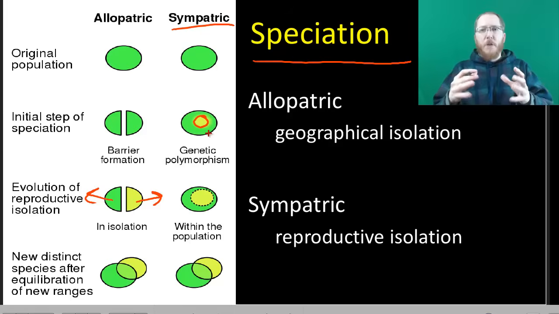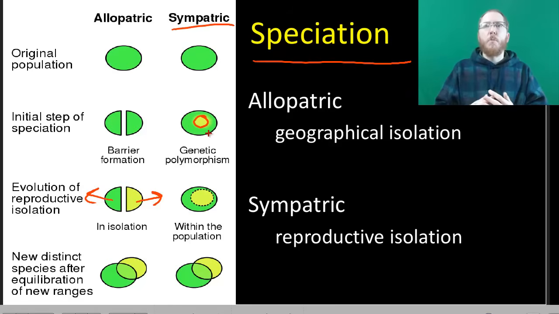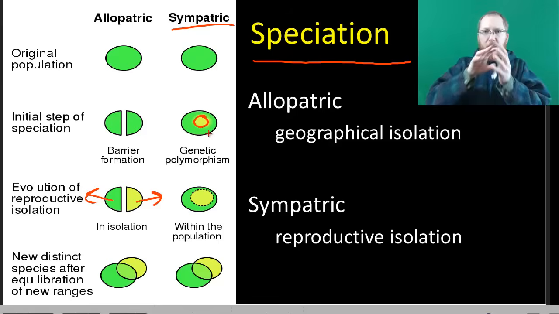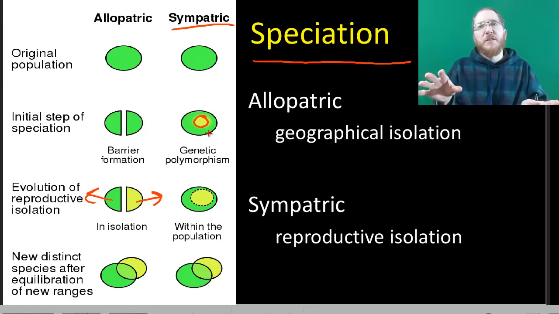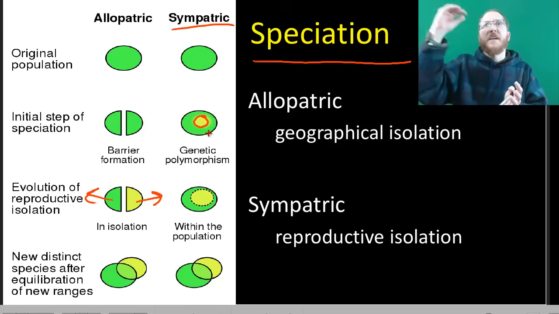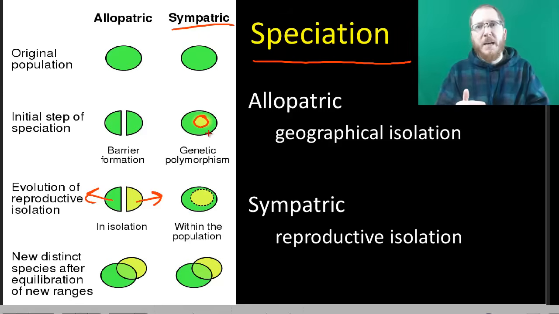And then as this isolation occurs over a prolonged period of time, you can get to the point that even if they were to migrate back, so let's say one was up in the trees, one's on the ground, they go through this long process of divergence, and then eventually something happens and some of the guys from the trees come back down to the ground. If that happened, the key thing here is they would not recognize each other as being potential mates. They've differed enough that they no longer can look at each other and think that this individual is exactly like me. They typically will see something more like a competitor.